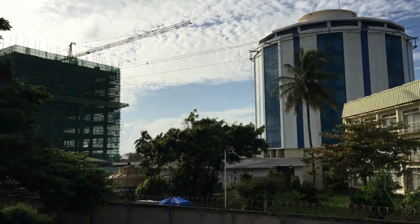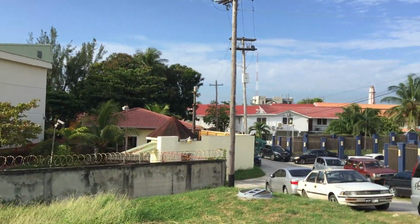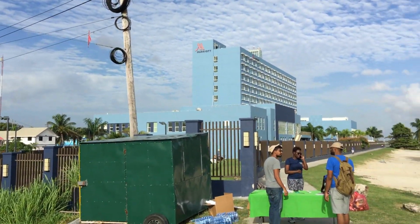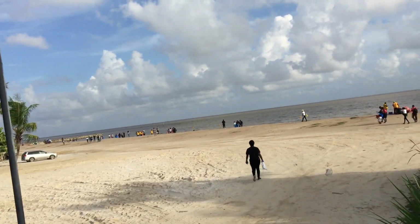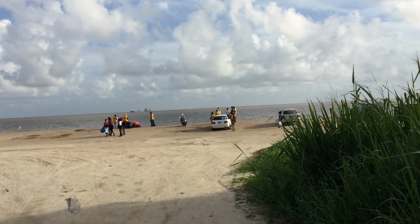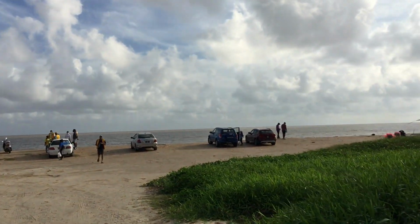So that's the Pegasus and the Pegasus expansion project. To give us some context, this is the Marriott Hotel, and this is the beach in front of the Marriott Hotel. So you can see that there is beach cleanup activity here at the beach on